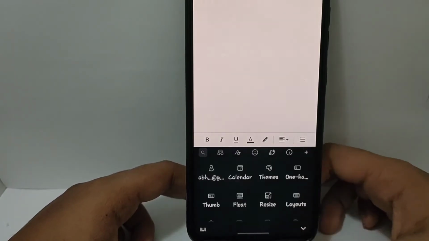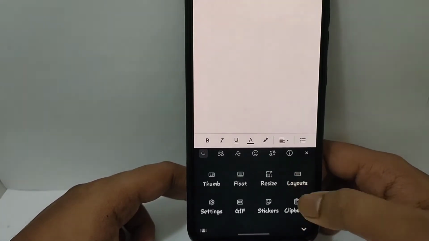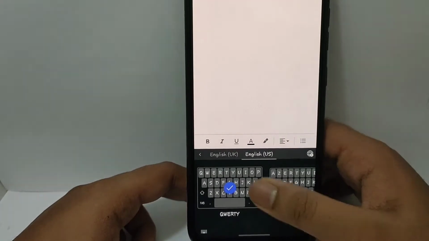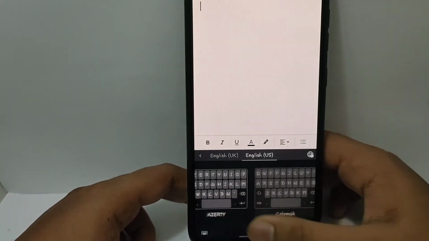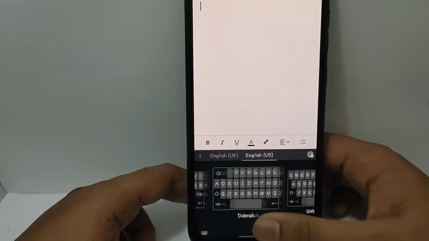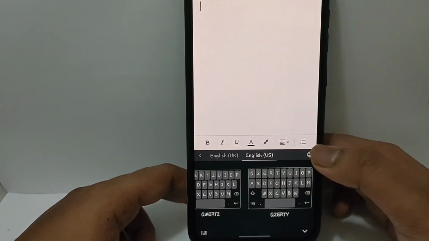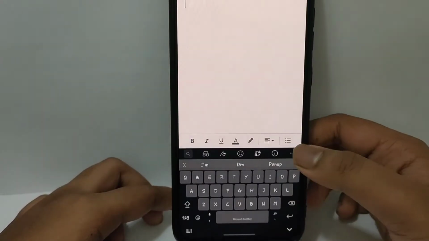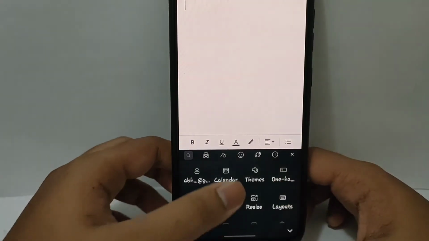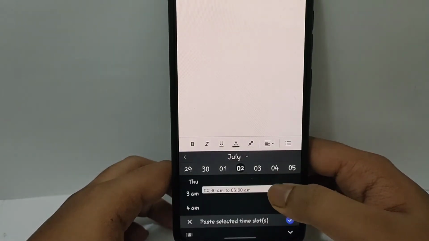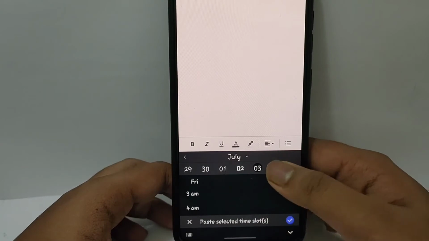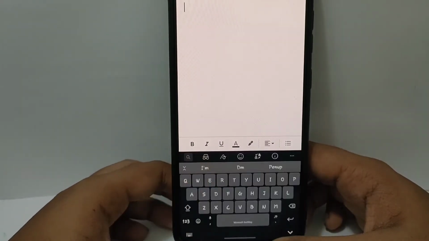The next feature is layouts. Most of you must be aware of the QWERTY keyboard. It's practically the default keyboard that most of you use. But over here you are given a wide variety of options on what kind of keyboard you want to use, starting from A to Z as well as Q to M. There's also an inbuilt calendar in the keyboard itself. Practically what it does is it has a connection to all of your Google as well as stock calendars and just saves all of your data. And in this way you are able to share all of your calendar information directly from the keyboard itself.